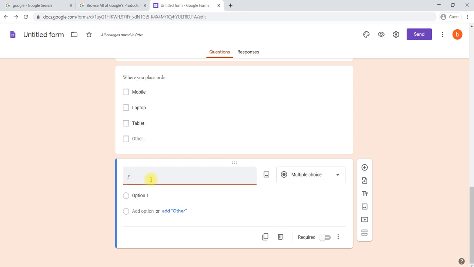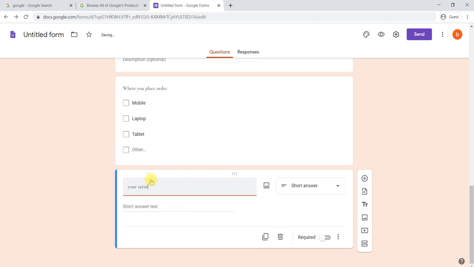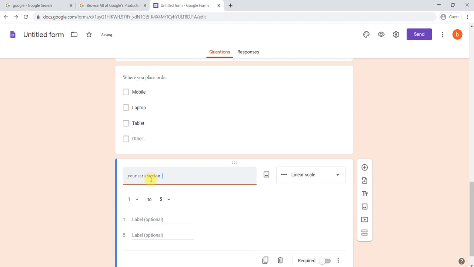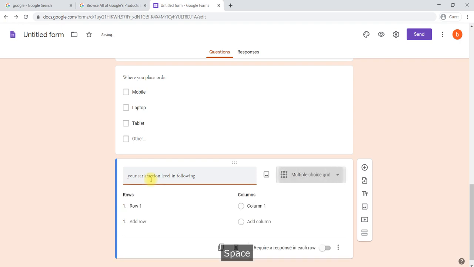The question is about your satisfaction level in the following factors in a product. In a product we will be giving some factors.